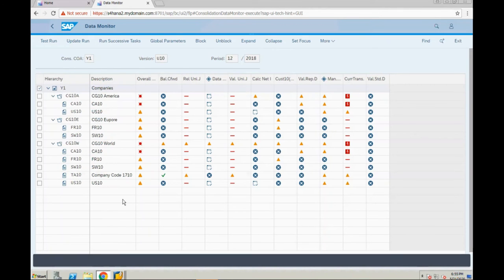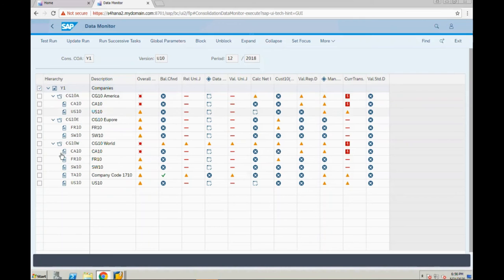What are the tasks executed by my local accountant? Balance carry forward, release data from Universal Journal, from ACDoc A to ACDoc U, data collection from non-SAP systems, validating the data. Also calculation of net income, validation of reported data, manual journals, that means any adjustment postings, currency translation.